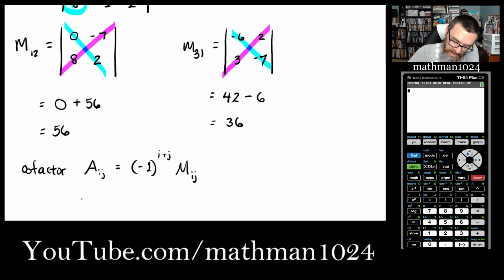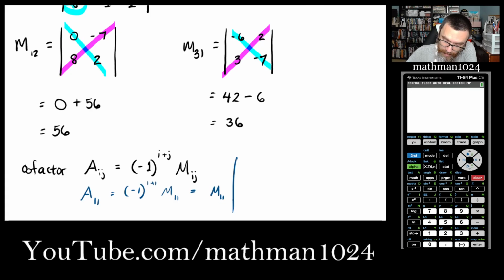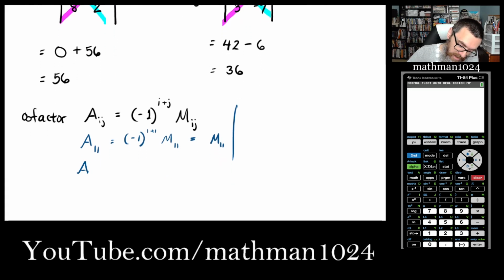So if I'm looking at the cofactor for entry 1,1, that's going to be -1 raised to the 1 plus 1 power, and then times the minor 1,1. But that's just going to give you a positive 1, so it's just going to be that minor. However, when I look at the cofactor for the entry that's in row 1, column 2, that's -1 raised to the 1 plus 2 power times that minor. And because you have -1 to an odd power, you end up with a negative times